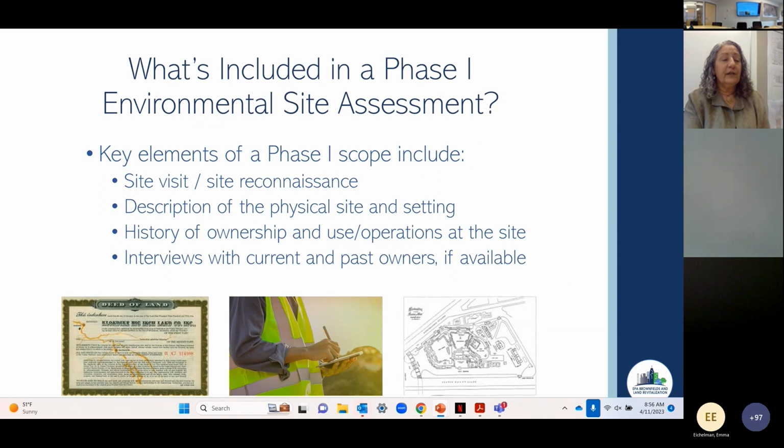So what's included in a phase 1? Site visit and site reconnaissance. This can be very difficult if you have a large site, and if you are retaining a consultant to perform a phase 1, you want to make sure that the scope and the budget is adequate to address the kind of site that you're dealing with. If it is a particularly large site, you want to make sure that there's adequate funding and resources available to